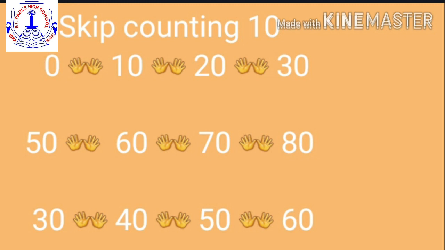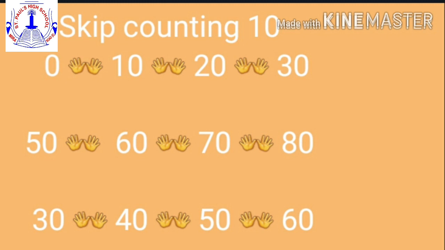Now see here, 0 is the given number. What you have to do, you have to write 0 only in the ones place. But in the tens place, what will you write? After 0, which number comes? 1. So you will write 1, children. Understood? Then the next number. After 10, again you have to write the next number. Now which will be the next number? Again you will write 0 as it is in the ones place, and you will change the tens place digit. After 1 which number will come? 2. So you will write 2 in the tens place and your answer will be 20.